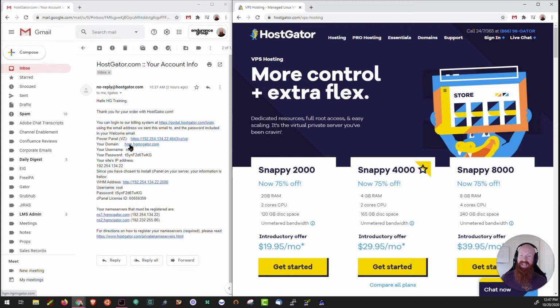You'll see 3 letters inside of it. That's actually your host name for the VPS or dedicated server. The username here for your WHM and the password as well. You can also see your site's IP address, which is going to be the main IP address for your server. Down here is the really important part, which is going to be the WHM address along with the username and password. At the very bottom, you'll see your private name servers that need to be registered, and we'll tackle that in a different video. But for now, I want to show you how to get logged into your WHM.